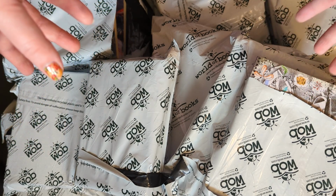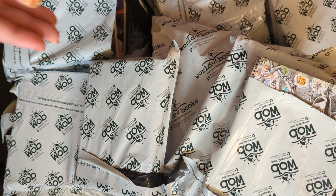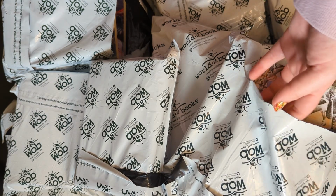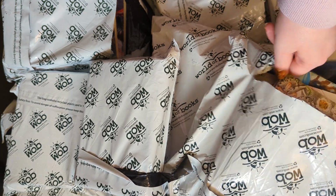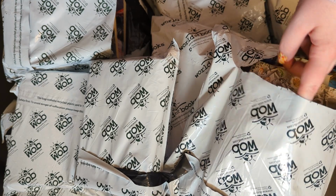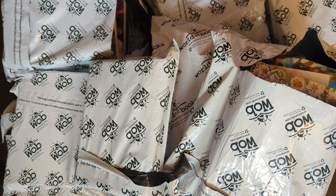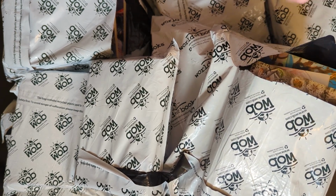I was actually planning on saving this because I have a few other odd parcels on the way from other places and I was going to do an unboxing of all of those in like a week or two. However, as you can already see, some of the parcels have come ripped open and there's one in particular that looks like it's definitely had more in it than there is in it now. I was like, I need to open these today or tomorrow so I can check what's missing